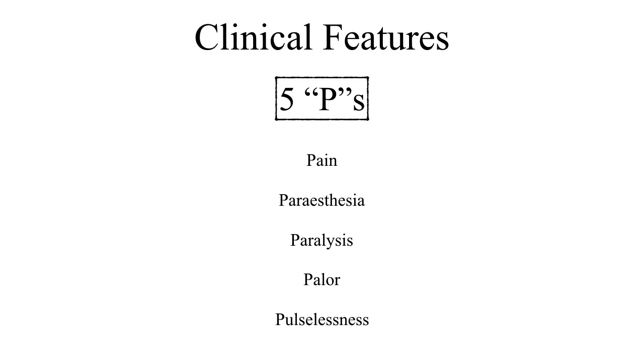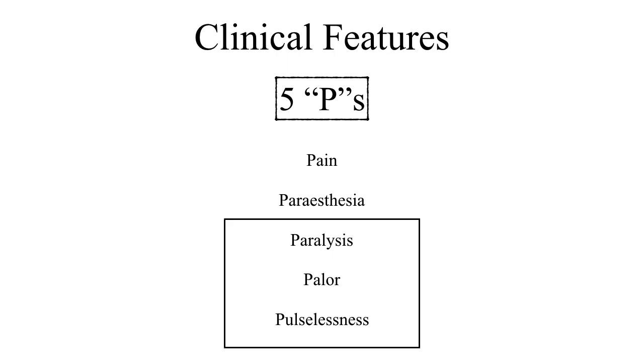Pain is because of increased pressure in the compartment. Paresthesia and paralysis is because of the affection of the nerves and the muscles within the compartment. Pallor and pulselessness is because of affection of the capillaries and blood vessels within the compartment. So these are the 5 classical features, of which paralysis, pallor, and pulselessness are the very late features of compartment